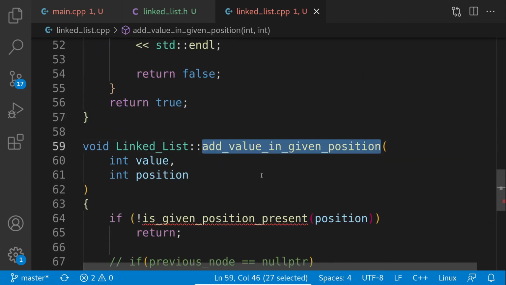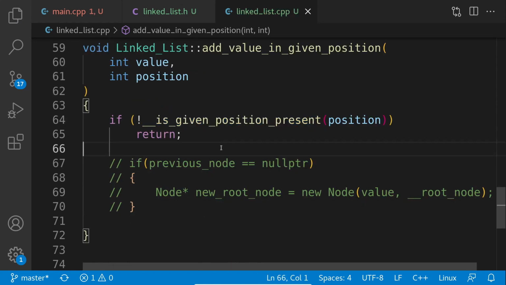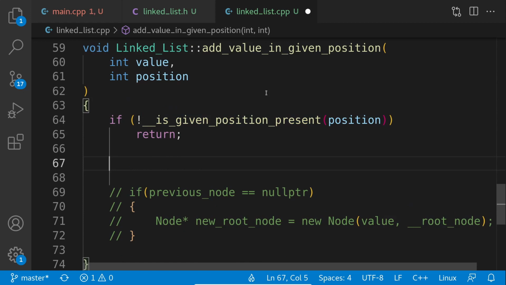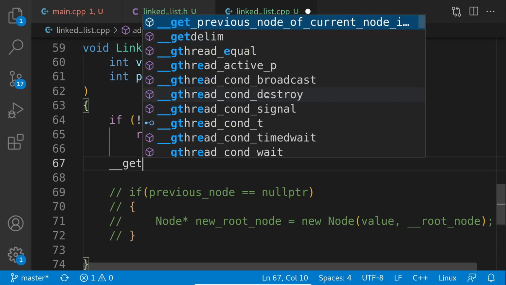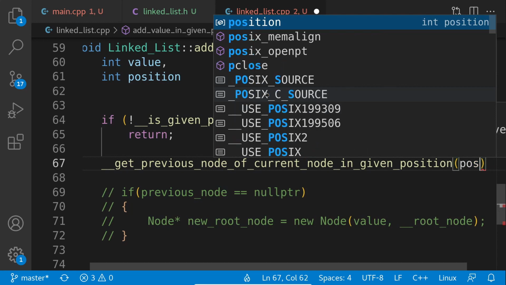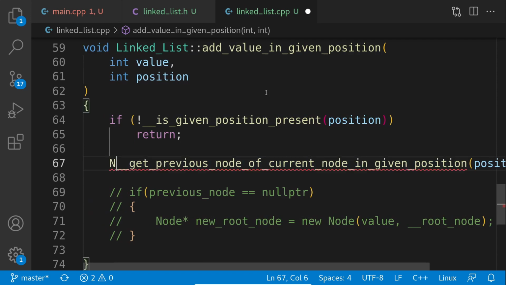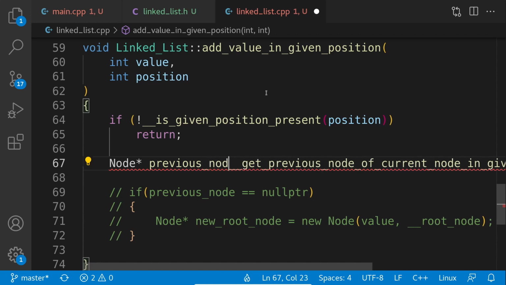Anyway, here in add value, first of all we have just checked if the given position is valid, that it's actually present inside of the linked list, and then we need to get the previous node. Only then can we add a new node: make the previous node point to the new node and the new node point to the current node. So we need to get previous node of current node in given position. We just give the position, and this will be our previous node. So previous node equal to,